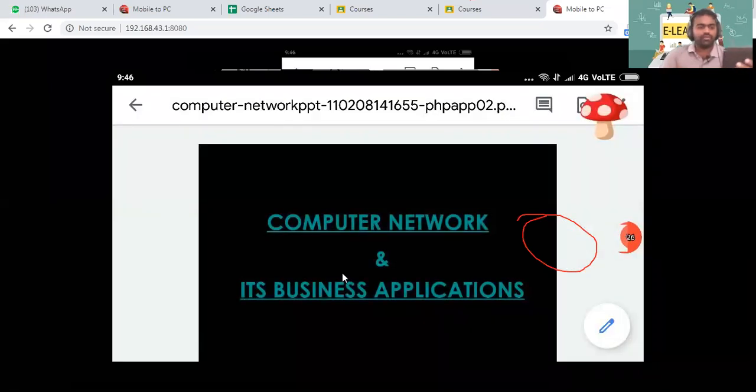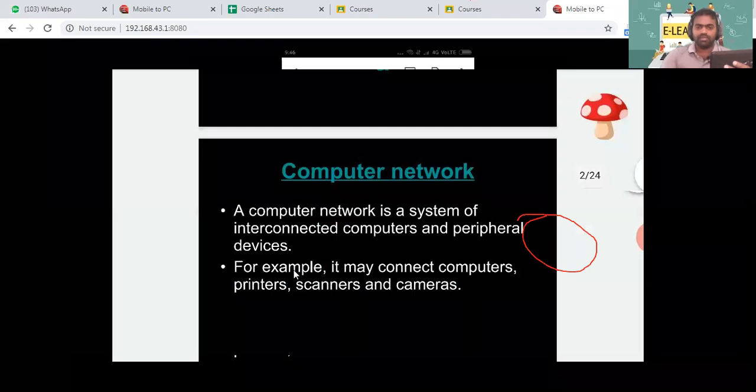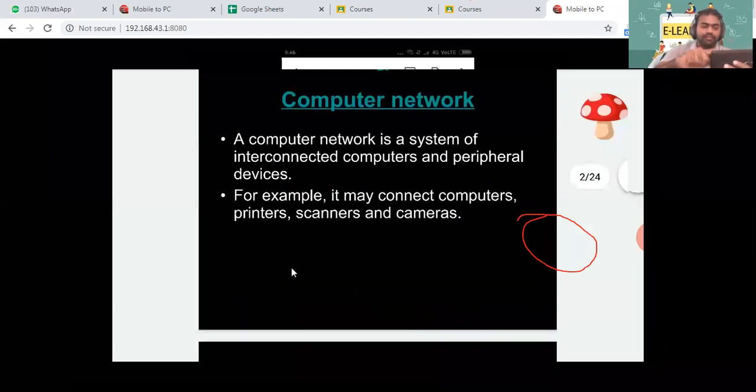Dear students, today we are going to see the computer network and its applications in business. What is meant by a computer network? As the name denotes, network means interconnections of something. So a computer network is the interconnection of computers and devices.